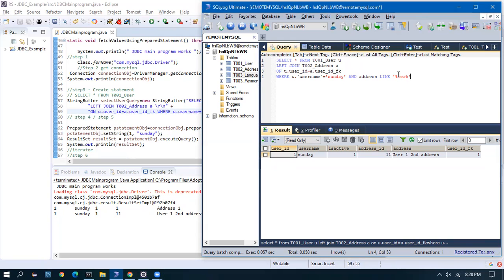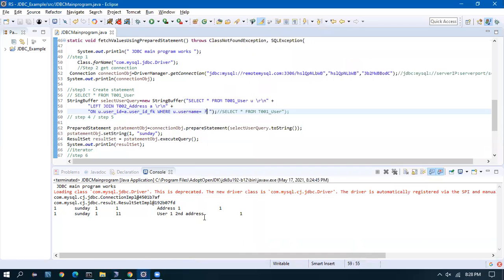So if I want to give this query from Java, I just have to add this. Instead of this one, I'll give here a question mark.